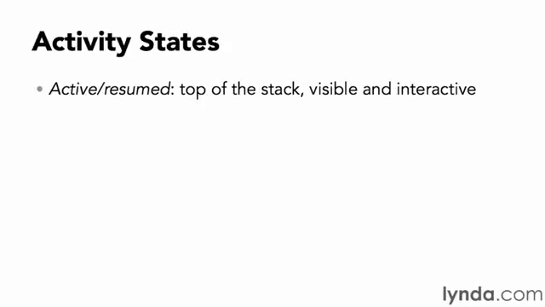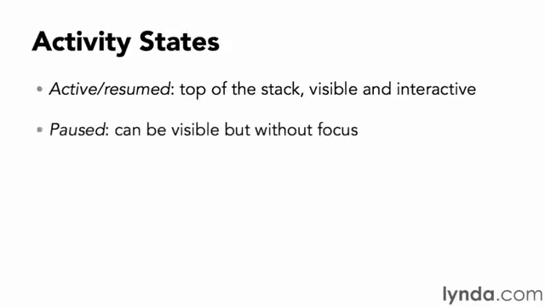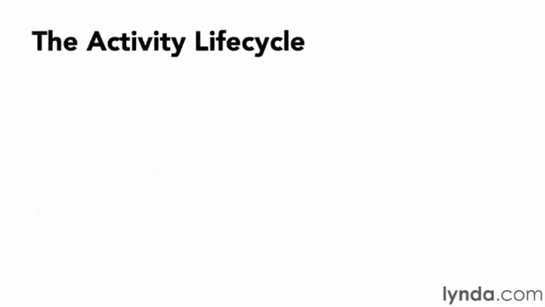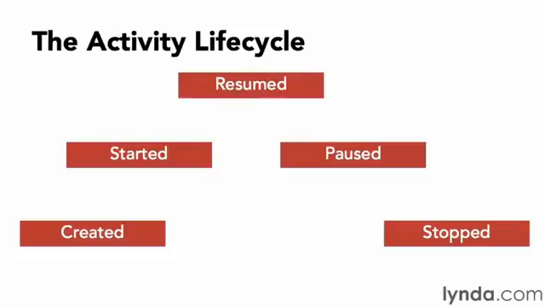So let's imagine an app where you have a list on the left and a detail screen on the right. If the user is scrolling the list, then the detail screen will be paused. But if the user is typing something into the detail screen, then the list will be paused. Both activities can't be active at the same time. An activity that's inactive has been completely removed from the activity stack and will need to be reinstantiated to be used again. Here's what the activity lifecycle looks like, and here are some tips about how you can program with